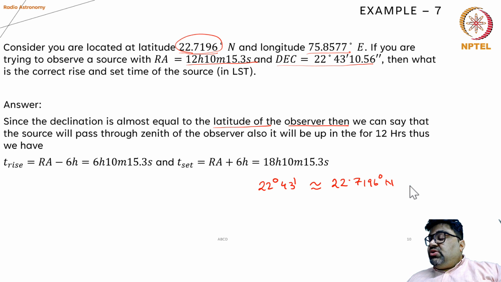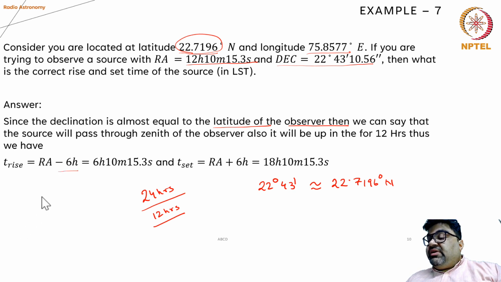Okay, so the source will pass through the zenith. That means the source is equally up and equally down. So in a day you have 24 hours. If it is equally up, meaning the up time is about 12 hours and down time is also 12 hours. That means it is not visible for 12 hours and is visible for 12 hours. So the RA minus 6 hours